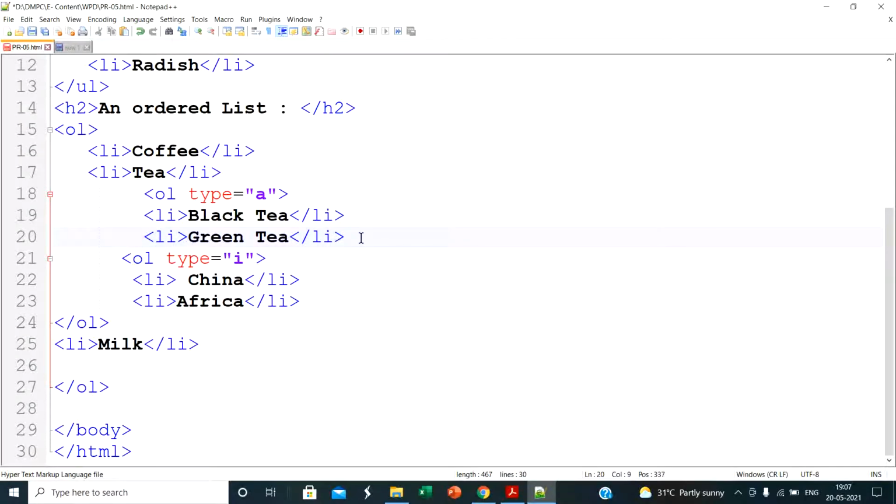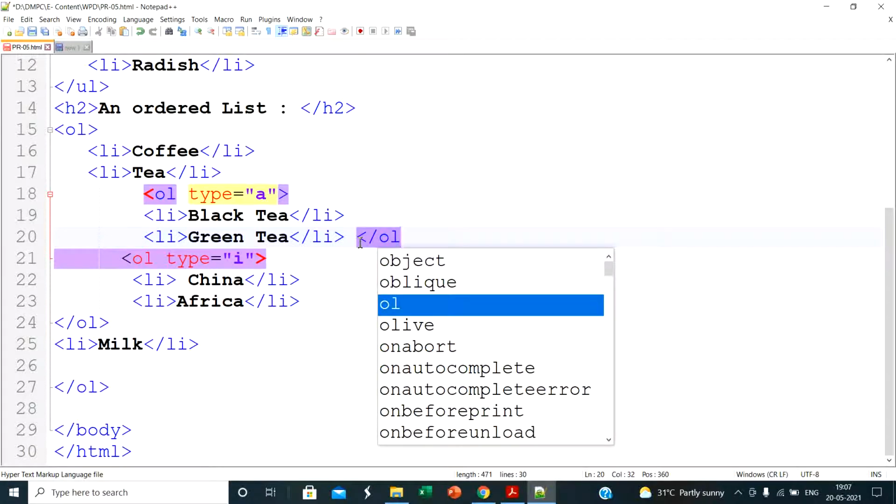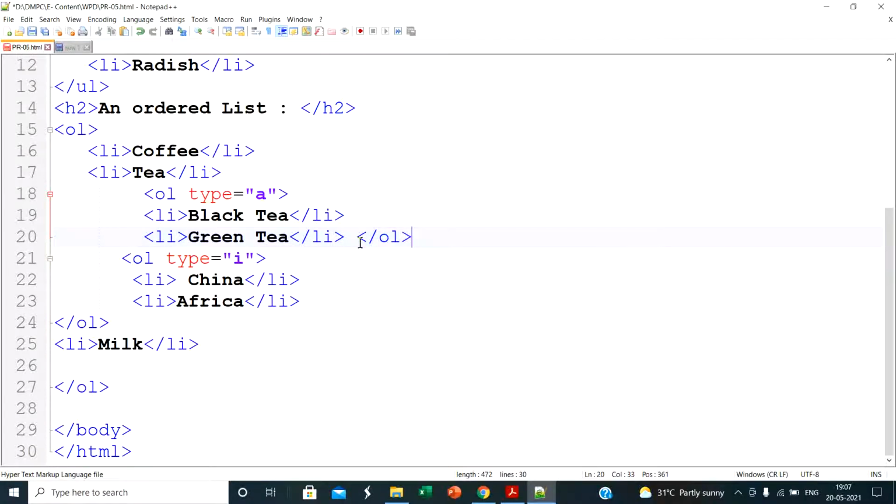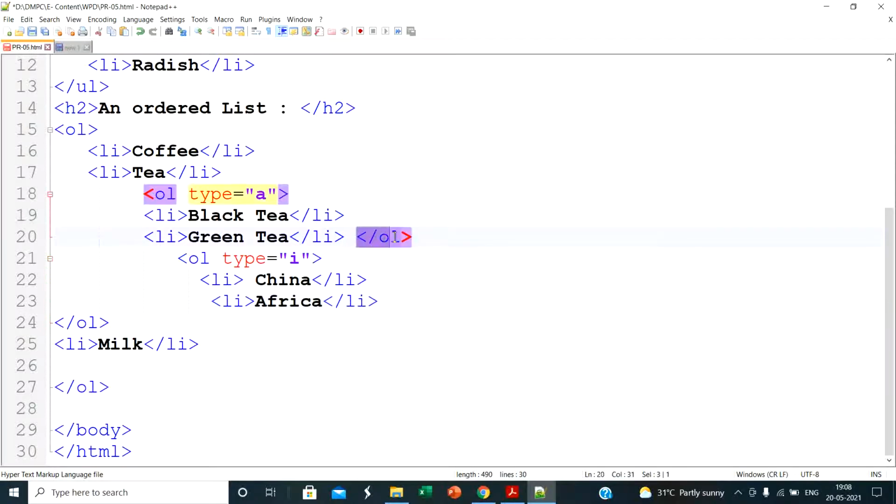Okay, then here the OL is closed. Why? Because this second list is closed here. Okay, OL for tea, which has 2 options, black tea and green tea. Then again inside, not closed here, here it is closed.